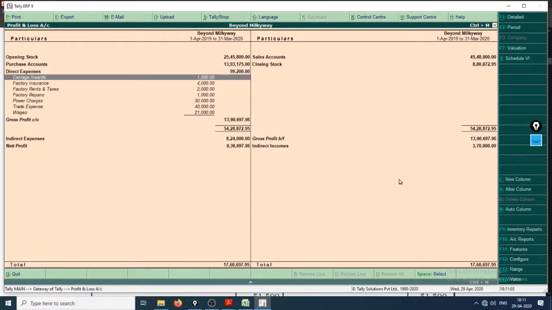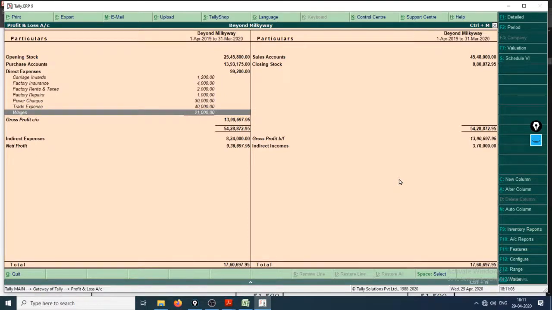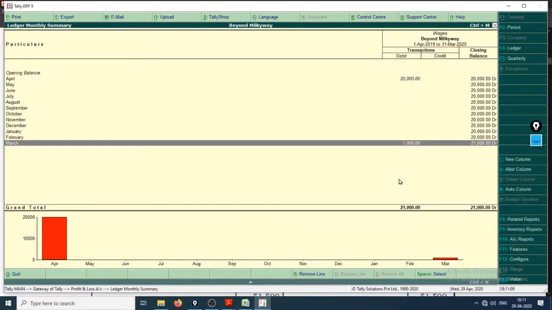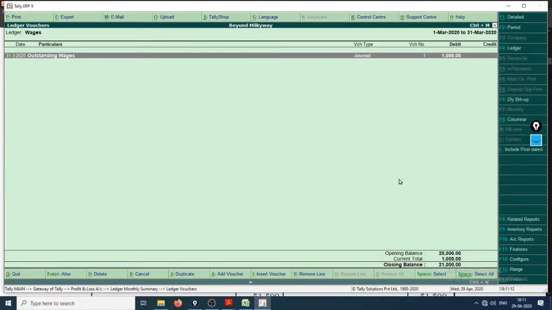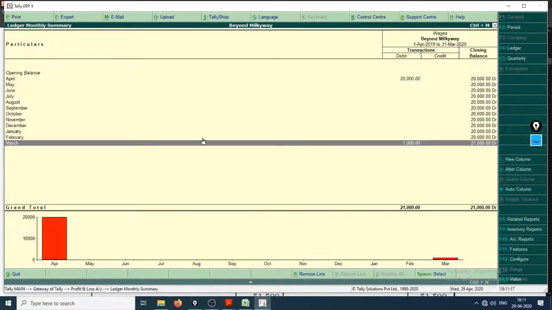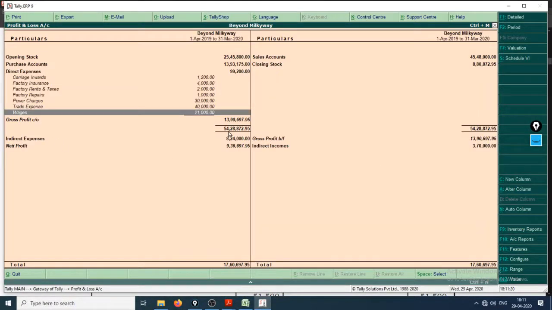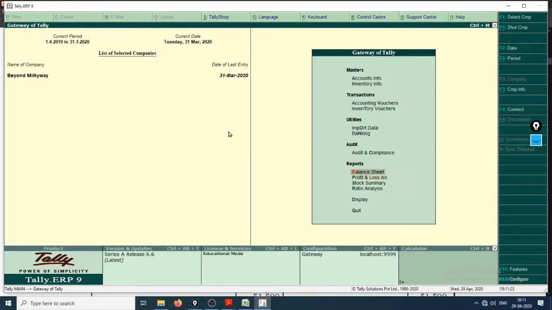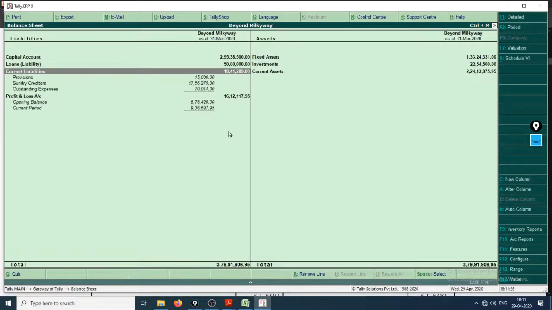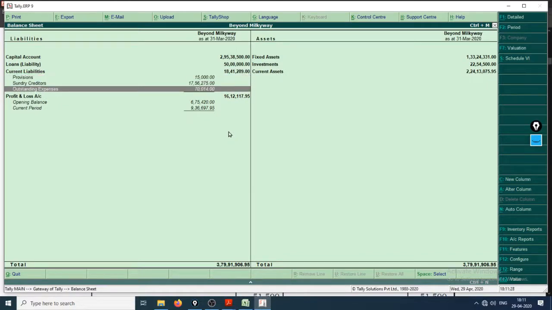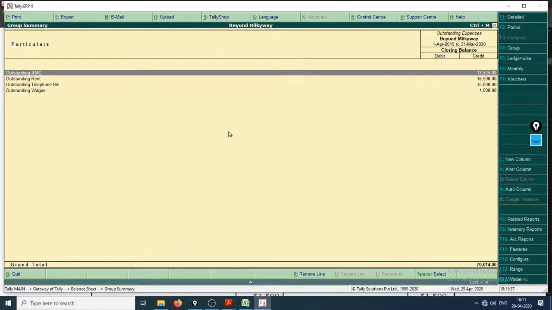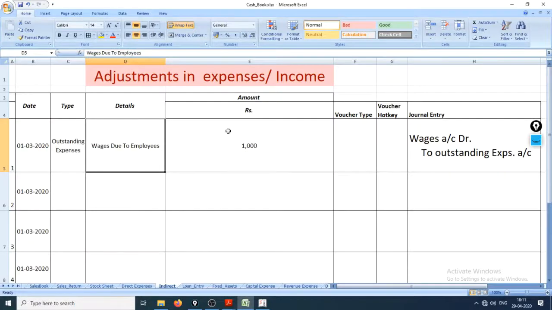Let me open it. Okay, I'll go to wages, hit enter, and right here is the entry, that is 1000 amount is increased for the wages. Okay, accepted. So that entry is shown right here, and go to balance sheet and see if it shows in current liabilities. Okay, so there are various tabs of outstanding expenses, and what are they? Outstanding expenses. Okay, so this was the openings one, right? That we created in the stock sheet. You cannot relocate them.